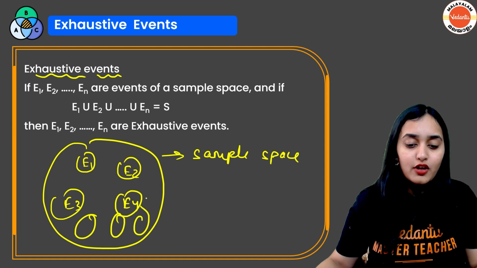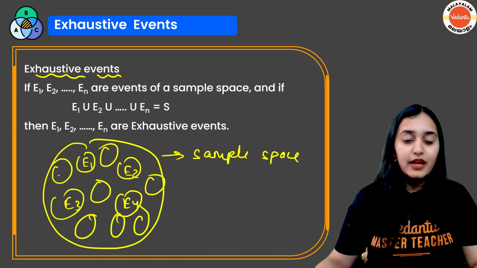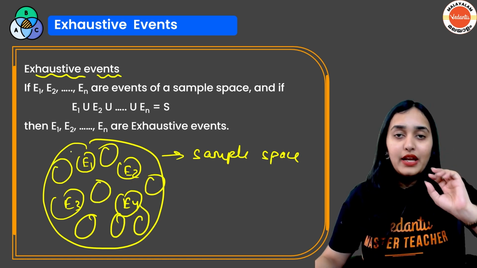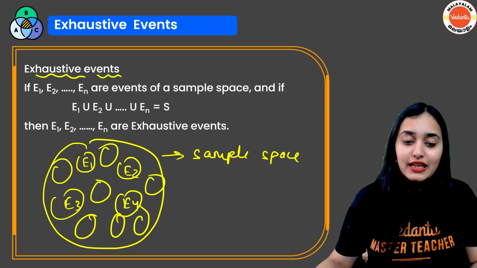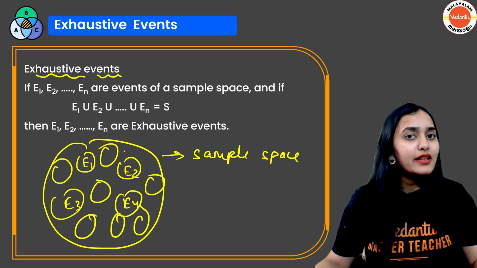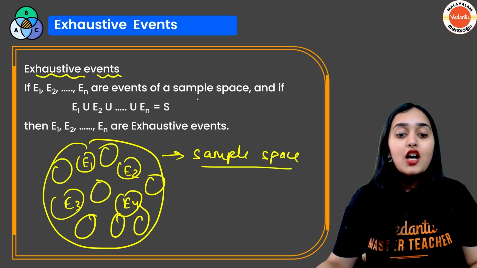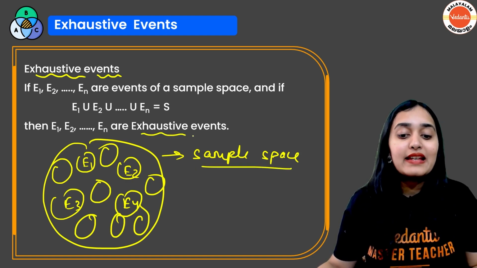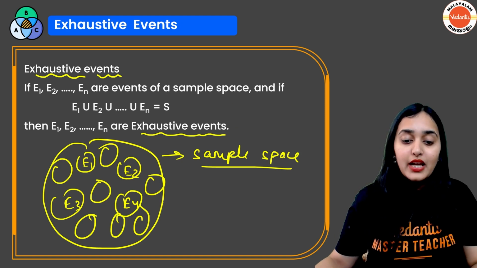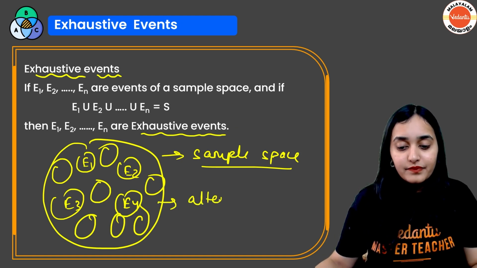A lot of other events are happening. Okay. Now, when we look into the sample space, we see that some event or the other is going to happen when we select this sample space. So, such events are called exhaustive events. So, at least one of them